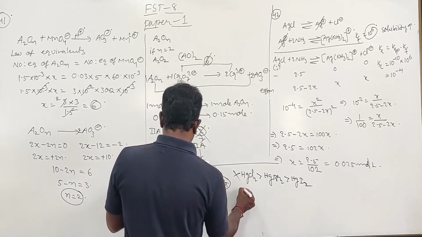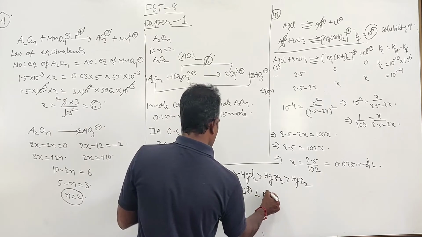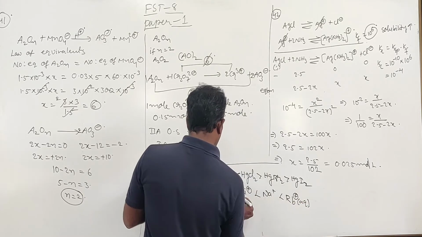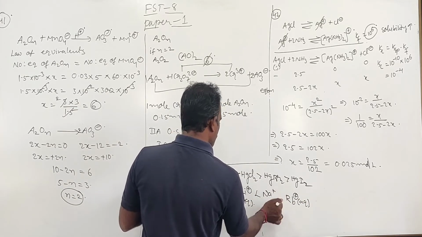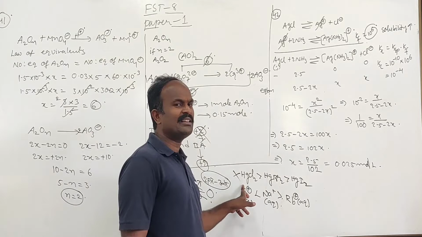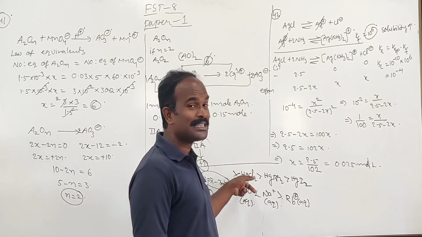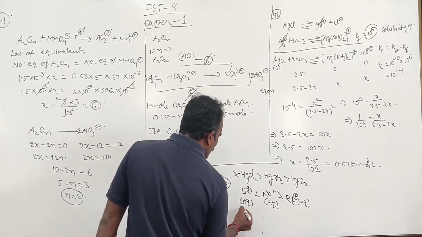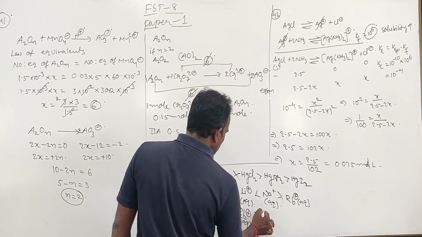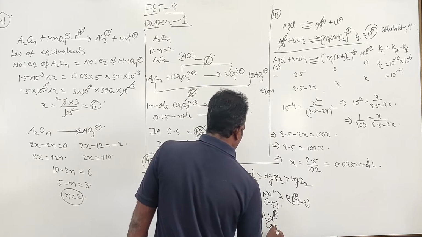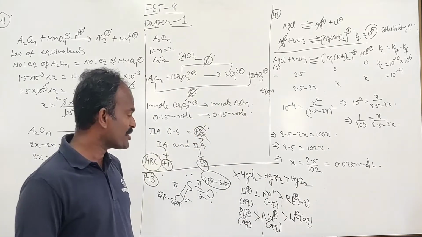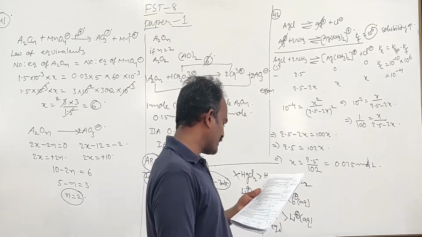Ionic mobility. They mentioned ionic mobility for Li plus, Na plus, Rb plus. Aqueous, they mention like this. This is also aqueous. Actually what happened, Li plus gaseous has the least, but Li plus aqueous is the largest. Therefore the mobility order is going to be Rb plus aqueous the highest, then Na plus aqueous, then Li plus aqueous. But here they mention something else, which means it is not going to be the order. Next.